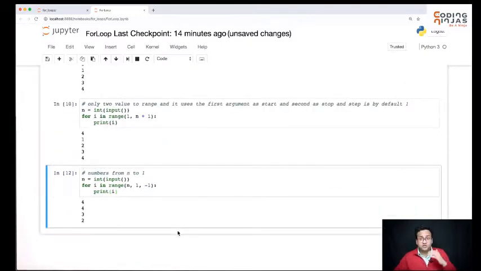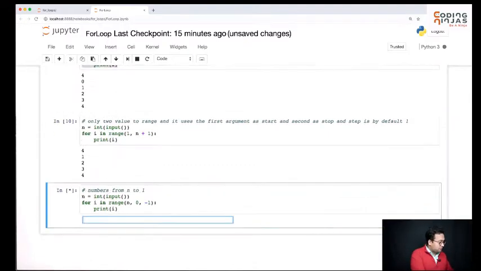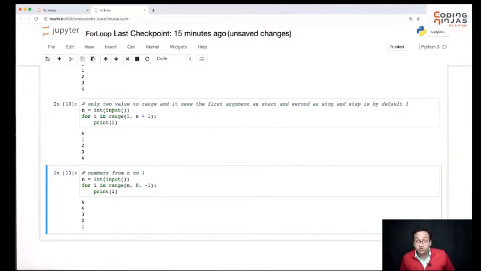Okay, so it prints 4 3 2, exactly the way it did not print n when we were going from 1 to n, because it stops at stop minus 1, just before the actual stop. Here also it's not going to go till 1, it's going to just stop just before that. So if you actually want it to go till 1, then you need to provide 0. Then it will stop at 1. So you need to just go one number ahead to stop just before that. Now if you do it, it's going to go till 4 3 2 1.